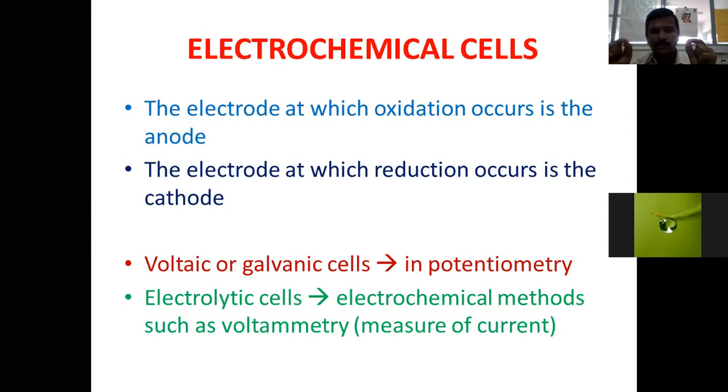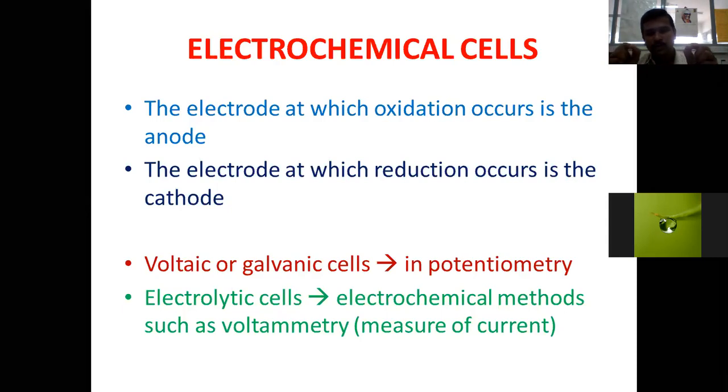In the rest of the methods, such as voltammetry, amperometry, polarography, stripping voltammetry, cyclic voltammetry, etc., we will be measuring the current by application of the voltage. By application of the voltage, what is the amount of current generated? Even the measurement of the current is in the context of time. In a particular interval of time, we measure the amount of current generated, or we pass the current through the electrode into the electrochemical solution.